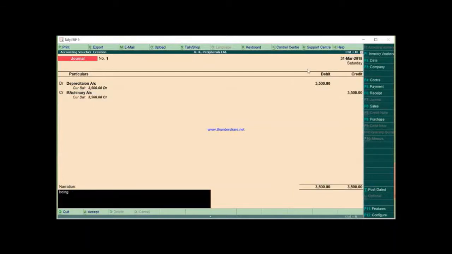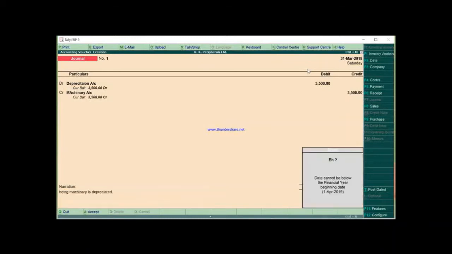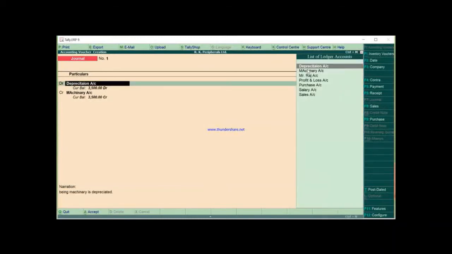So here being machinery is depreciated. Okay, and press Y to accept it. So in this way we can make the different types of voucher entries.